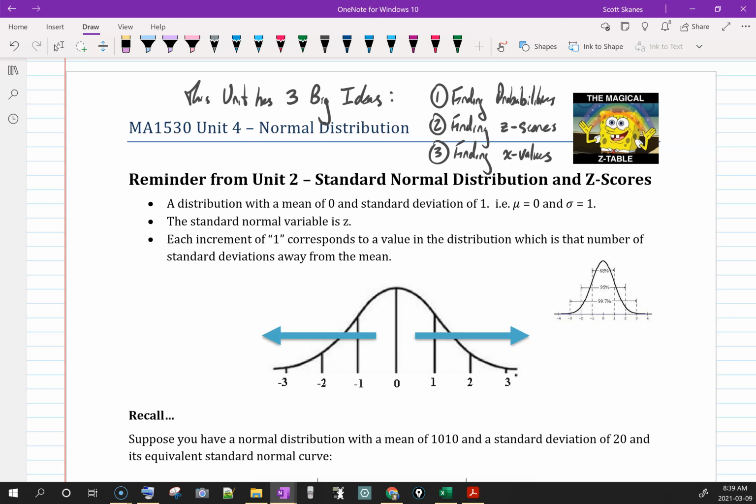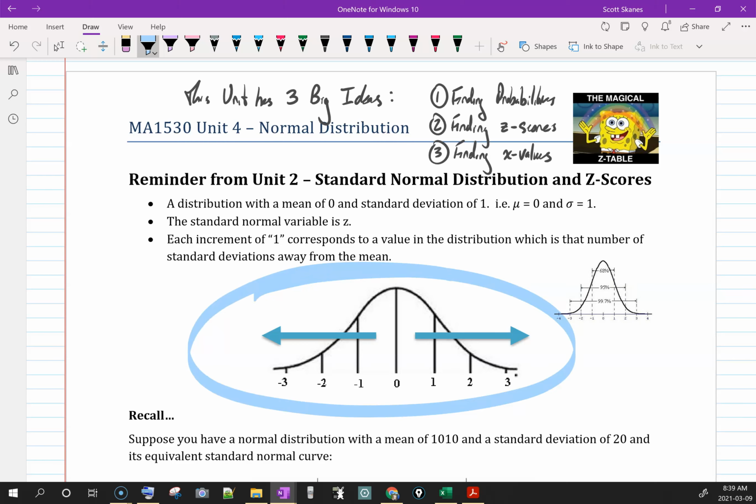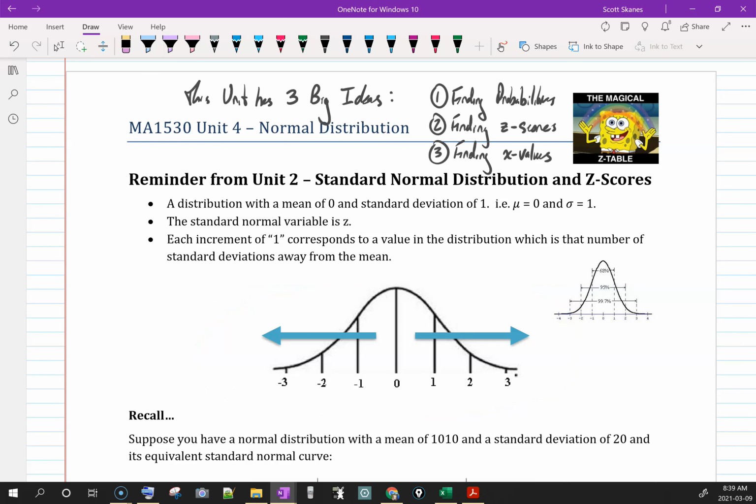So this unit has three big ideas in it. First of all, we're going to be finding probabilities based on some information, usually a z-score. Second, we're going to find z-scores, just like we've done before in Unit 2. And finally, we're going to find some x-values, some data values along that curve. So the big idea here is we're going to have data which is spread out in a normal distribution,